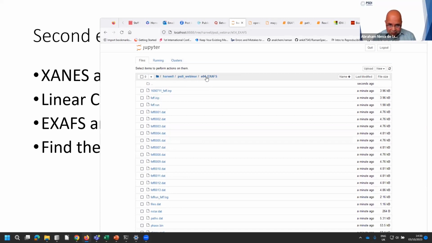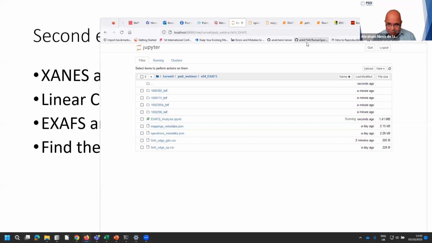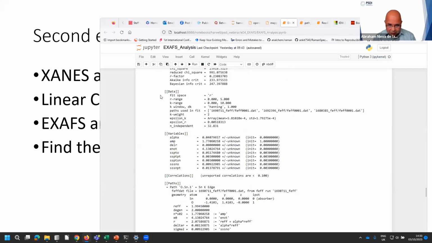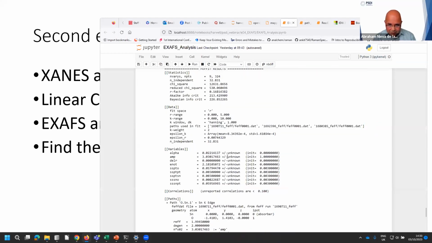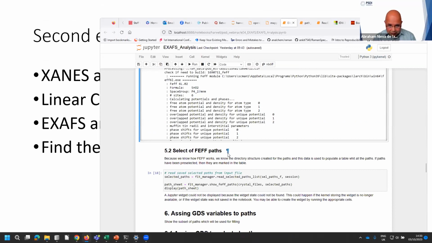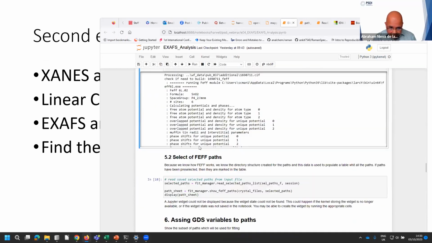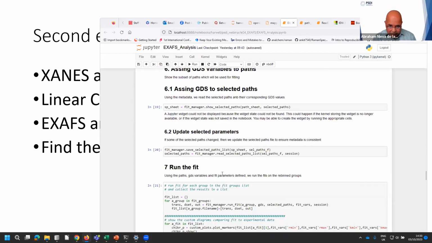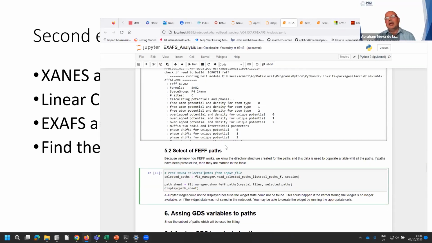So these are the 4 groups of scattering paths that were generated by this operation, which is the 10th operation. So the next one is the selection of the paths,